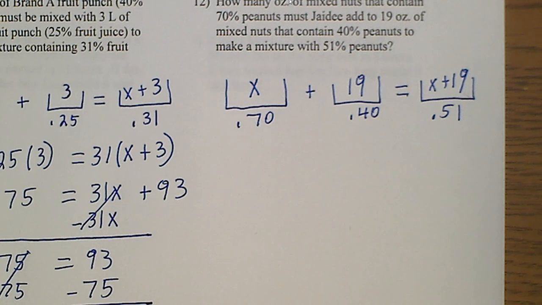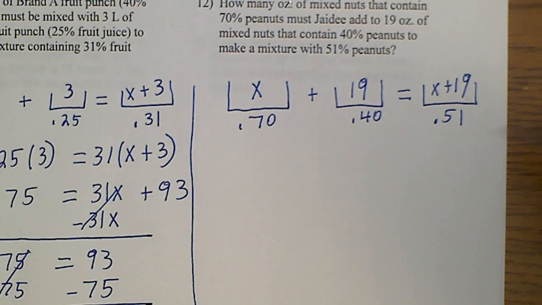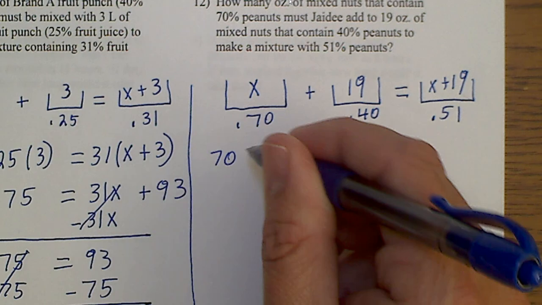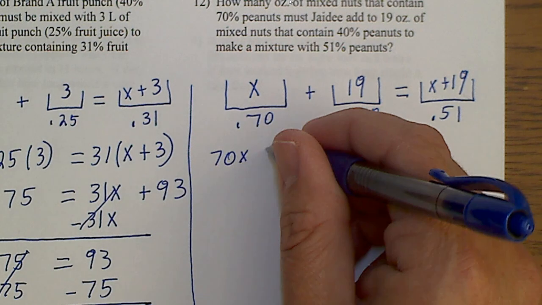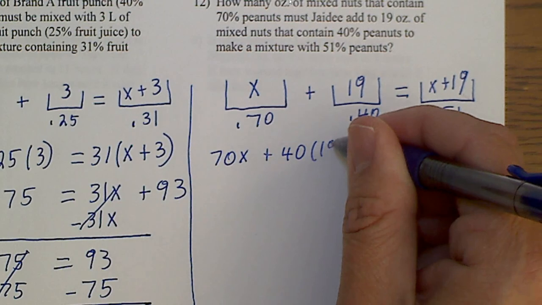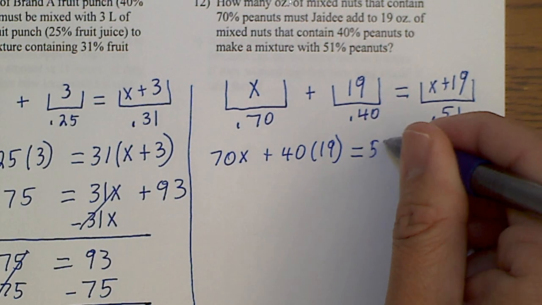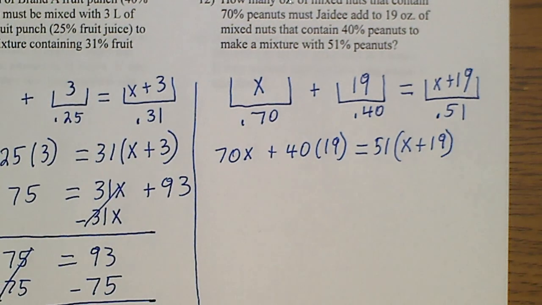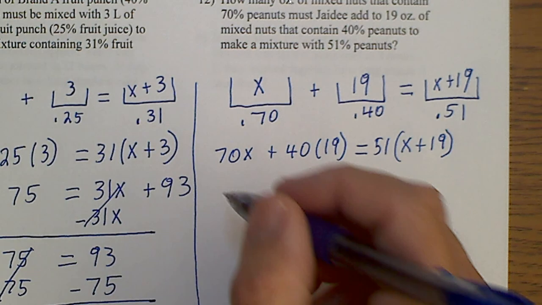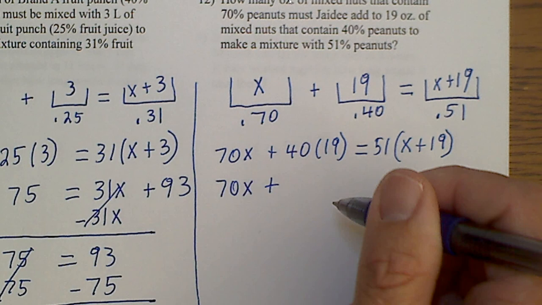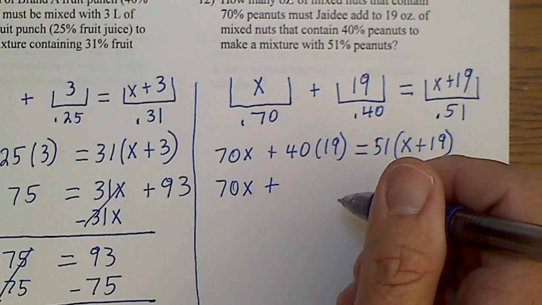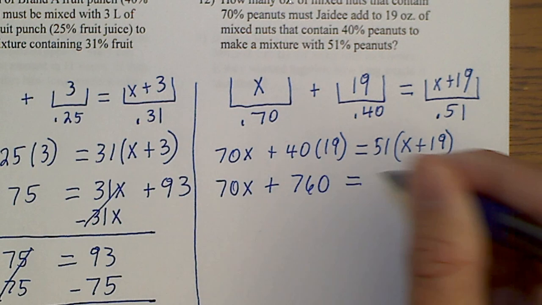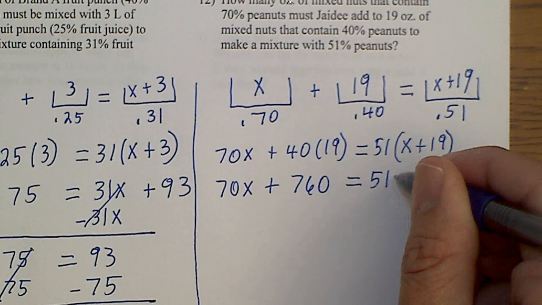Okay, and now let's go ahead and set up our equation. And again, you can move the decimal at the same time you set up your equation. So 70x plus 40 times 19 will equal 51 times x plus 19. Okay, so let's see. Well, we got 70x plus, let's see, 40 times 19 is 760. Distribute the 51, you get 51x plus